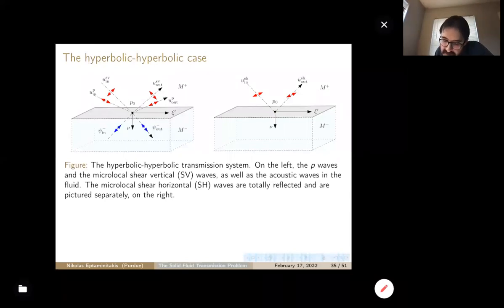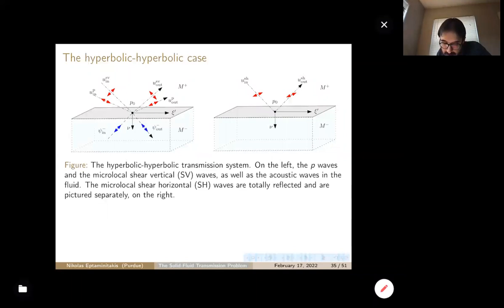But actually, a pretty interesting effect here is that the shear horizontal waves are reflected completely by the hypersurface without transmitting anything on the other side. So if you just have a shear horizontal wave and it meets the hypersurface with the fluid, it does not create any evanescent waves on the other side. So this is a pretty interesting effect. In some sense, this boundary behaves like a hard boundary, like it was in contact with vacuum. So it doesn't see that there is liquid on the other side. It behaves like vacuum,